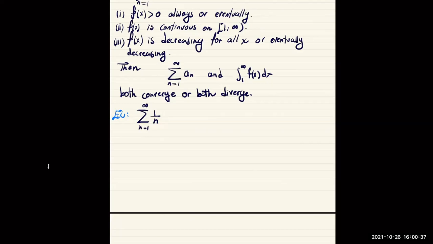We proved this thing is divergent. Done deal. I mean, we did prove it, but we can also use the integral test. Divergent, but